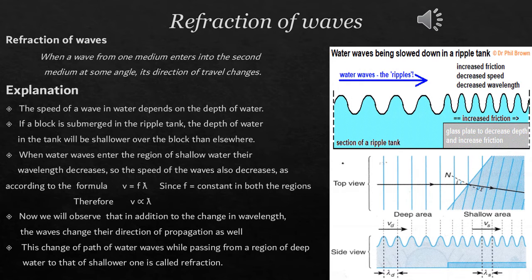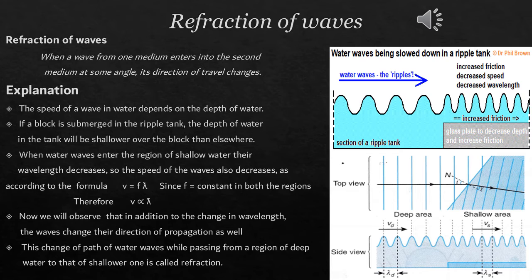Dear students, now the next property of waves is refraction of waves. Definition: when a wave from one medium enters the second medium at some angle, its direction of travel changes. This is called refraction of waves. Explanation: the speed of a wave in water depends on the depth of water. If a block is submerged in the ripple tank, the depth of water in the tank will be shallower over the block than elsewhere. When water waves enter the region of shallow water, their wavelength decreases, so the speed of